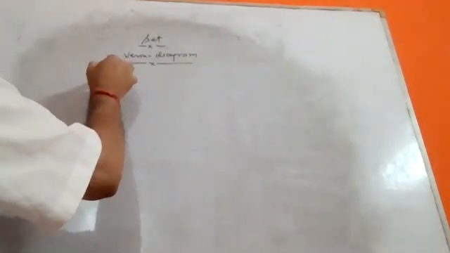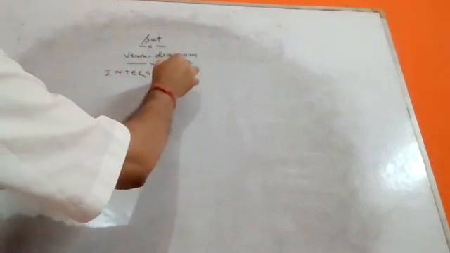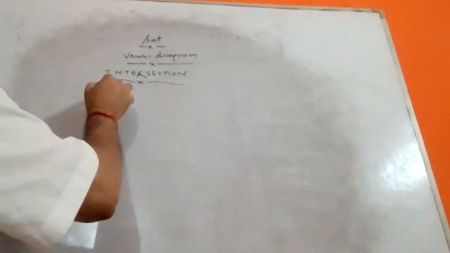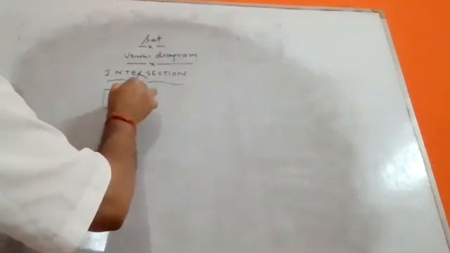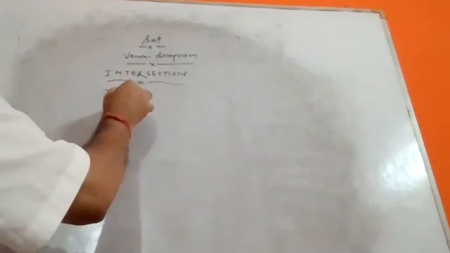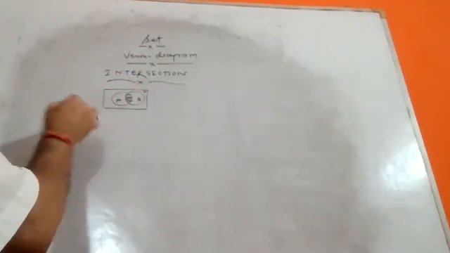And now we are going to discuss the second one, that is the intersection. Our intersection of set. So intersection of set. Suppose two sets, here is A and here is B. This is A and this is B. This is your union. Intersection means common between them, like this. So A intersection B, you can write like this.